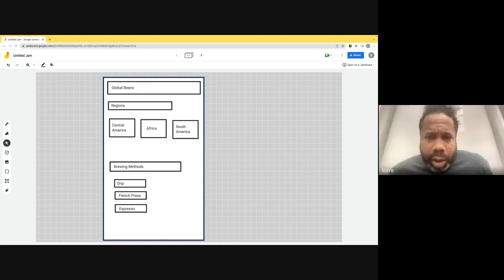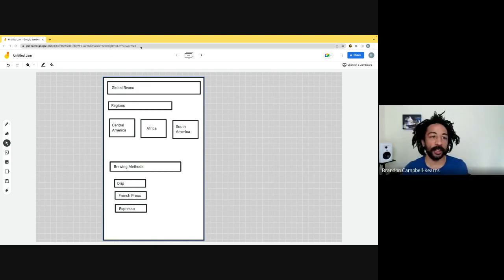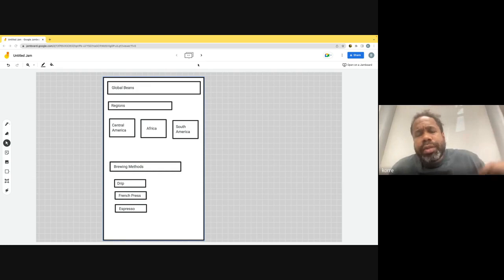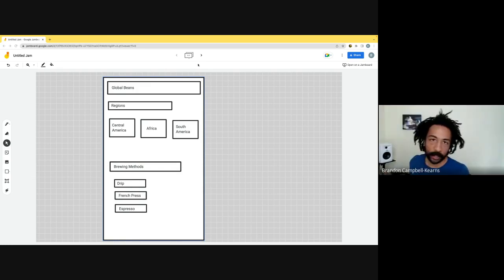So pretty much I just open up a Jamboard, correct? All I do is open up a Jamboard and design. But if I was building this and not putting it online, I probably would do it on a piece of paper. Okay, gotcha. Yeah, with a thick Sharpie. That way, I'm not able to get